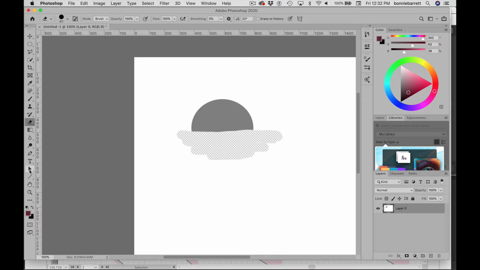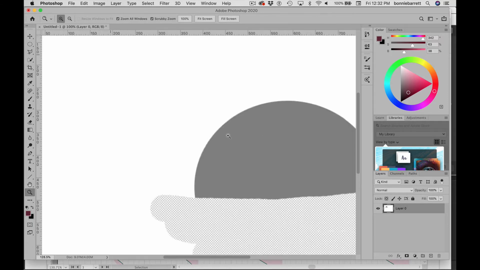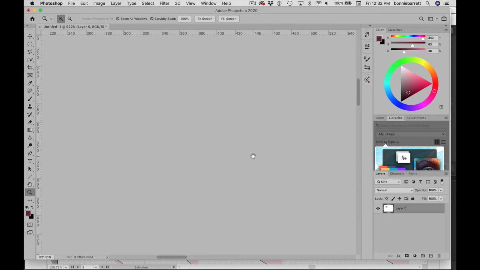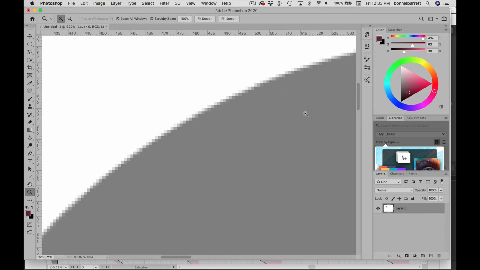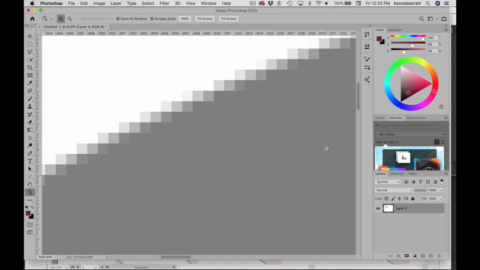Because in Photoshop, that circle or ellipse is made up of pixels. Oops, let me go back here. And you can see, if you look at the edge here, that there's a little bit of a soft edge because pixels are square. And as we zoom in on this, you can see what's called anti-aliasing, which is using gray and lighter gray pixels to try and smooth off that stair step that you get with a pixel-based